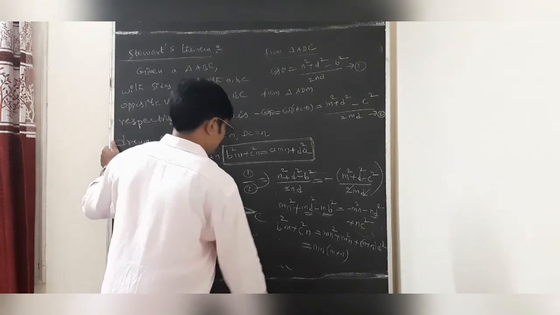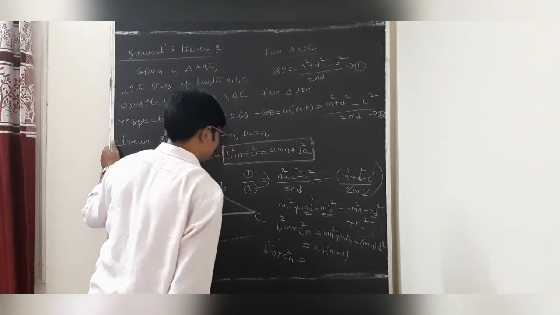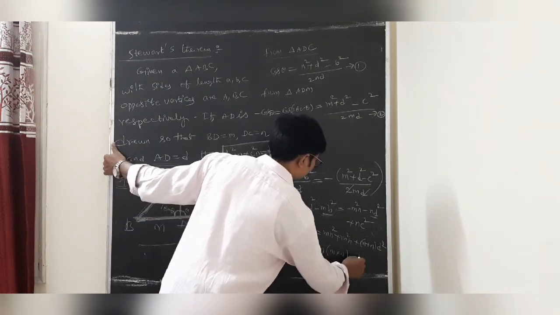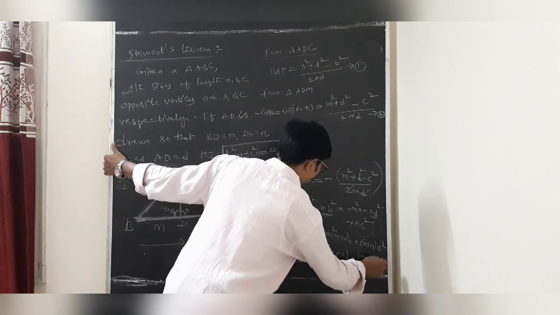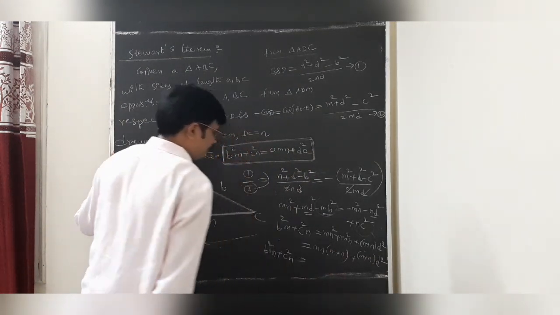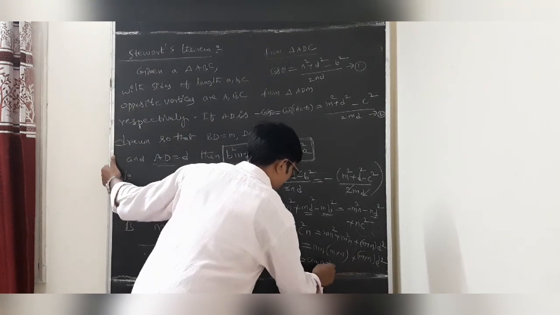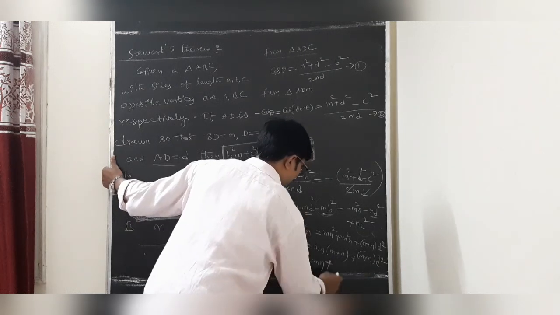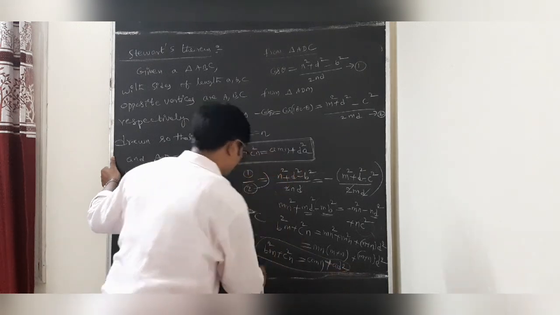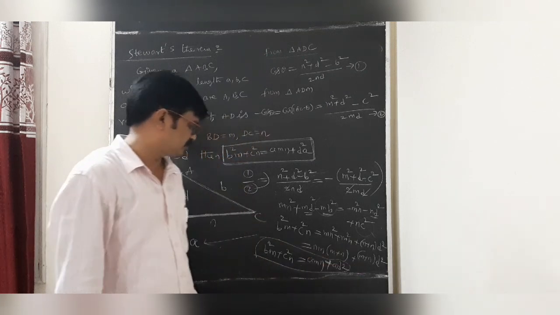So we observe here b square m plus c square n, and mn into m plus n is there also, plus m plus n into d square. Since m plus n is a, that is a mn, and a d square. So b square m plus c square n equals a mn plus a d square.